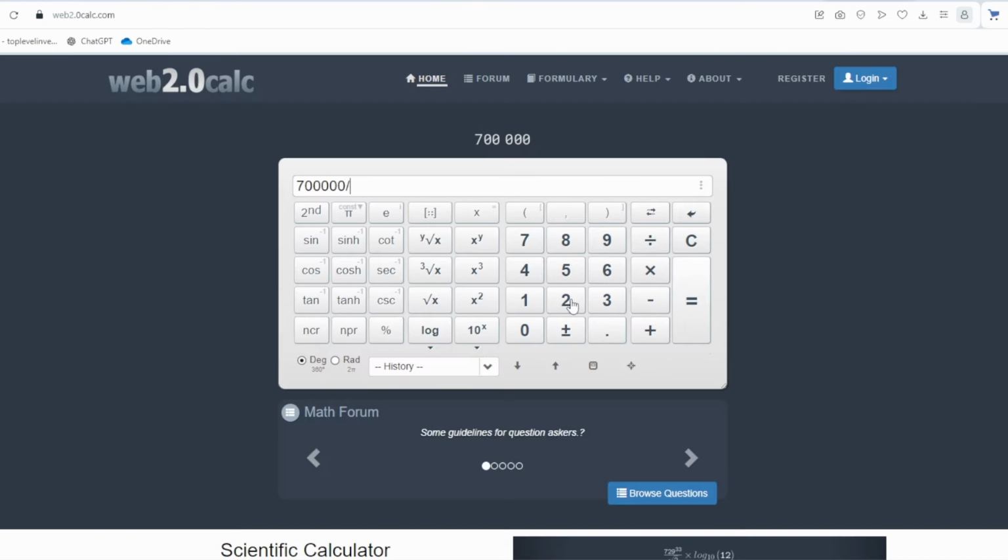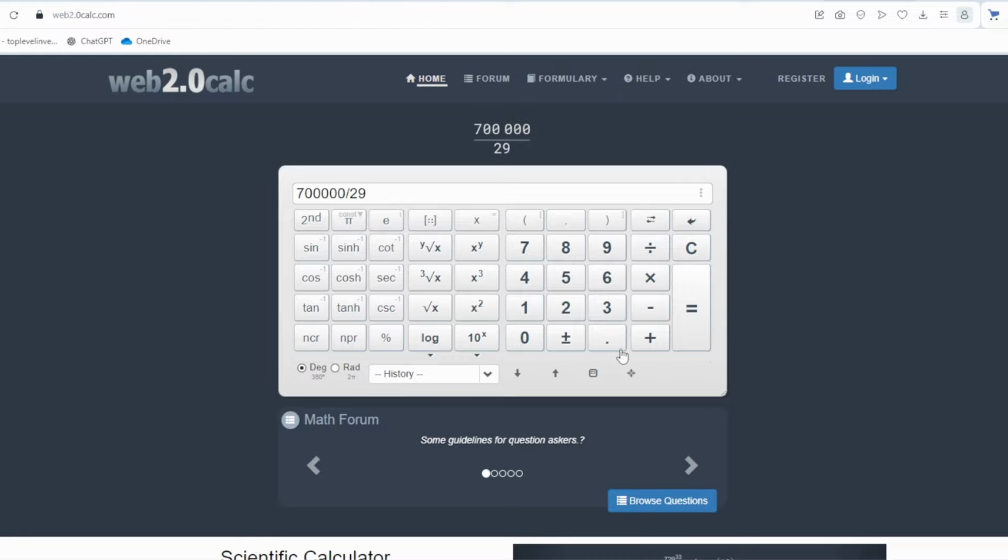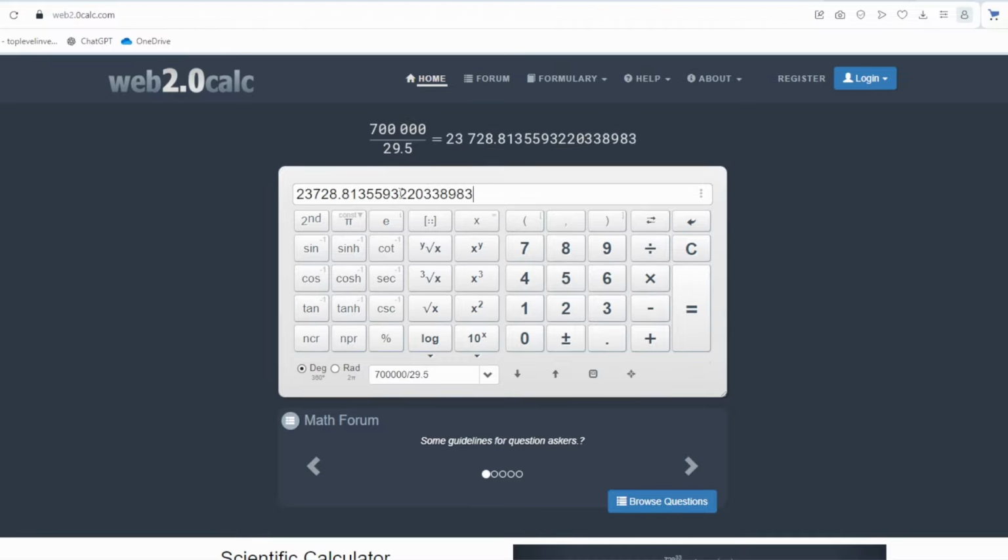Now let's calculate the potential returns. The person bought $700,000 worth of Intel stock at $29.50 per share. Here's the math: $700,000 divided by $29.50 is approximately 23,729 shares. Since each call option contract covers 100 shares, divide 23,729 by 100, which equals about 237 contracts. If I sold 237 options at a premium of $100 each, that would result in